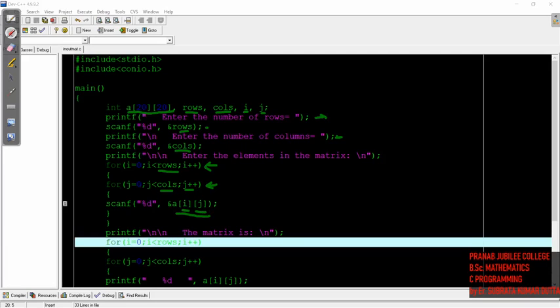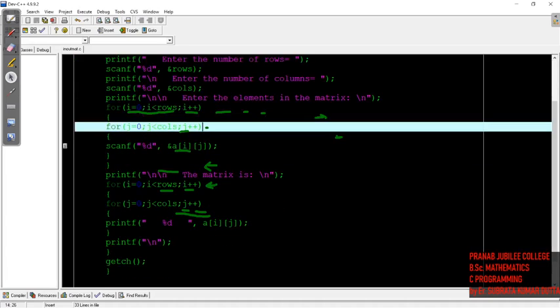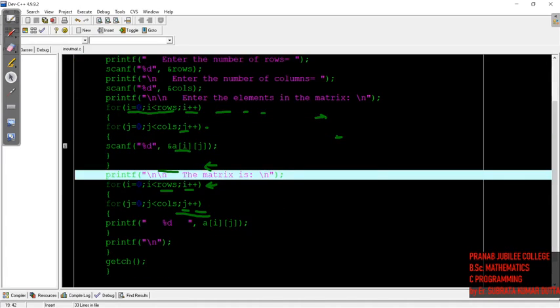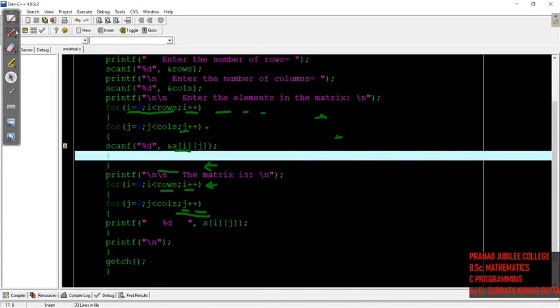Then the value of column is j. Next, see, this portion is how we'll give input.